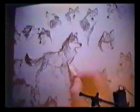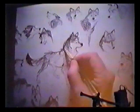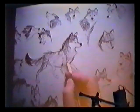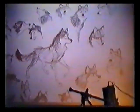But basically, if you think of this scapular area here and how the line practically goes right into the back of the head, it can help you in twisting the shape. It can help you in defining this scapula. The more realistic you get with a dog, you don't really see a lot of this, especially in huskies, because there's so much fur over the body. But in the wolf, or the wolf dog, much like in wild animals, leopards, lions, you get much more definition. The fur actually emphasizes these shapes, so you can play with them a little bit more and